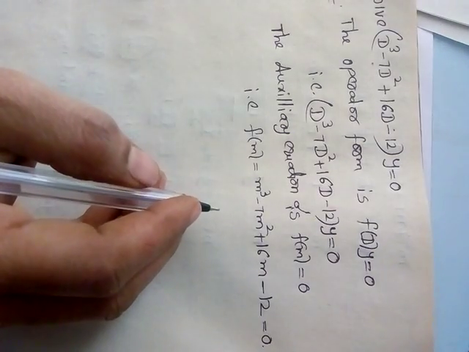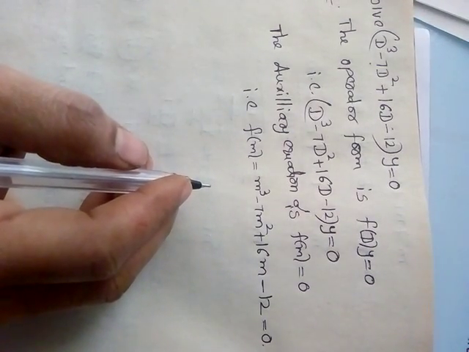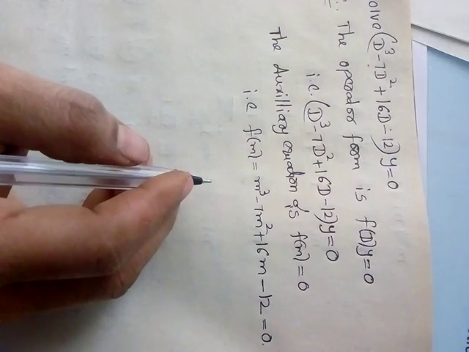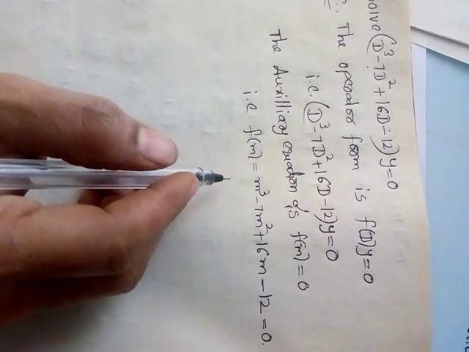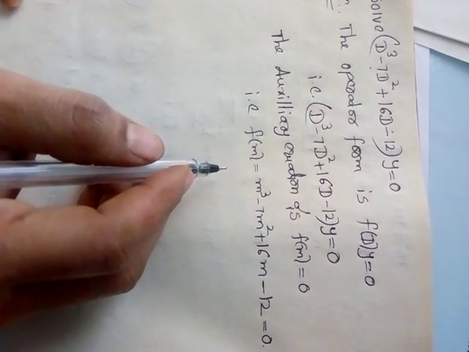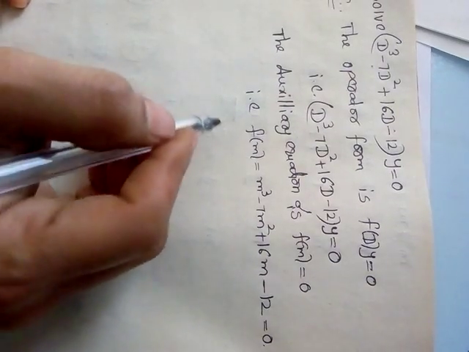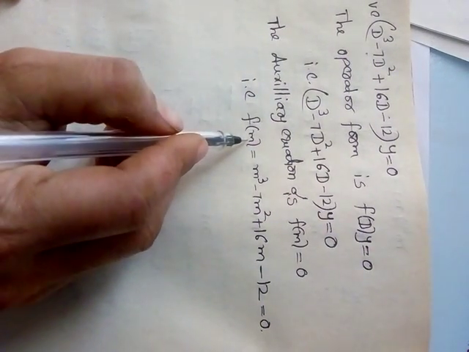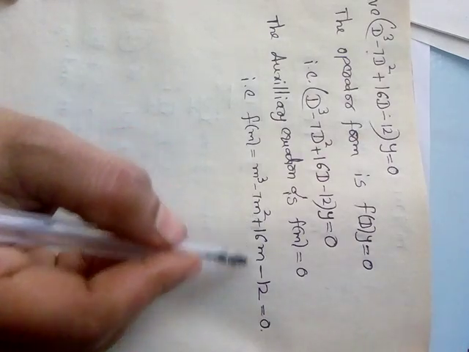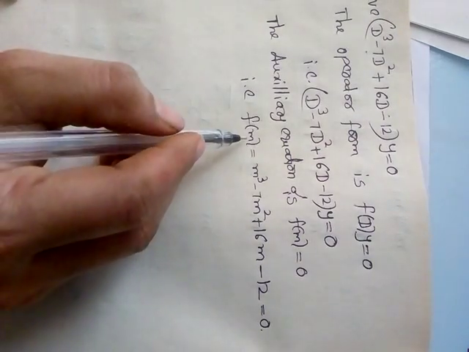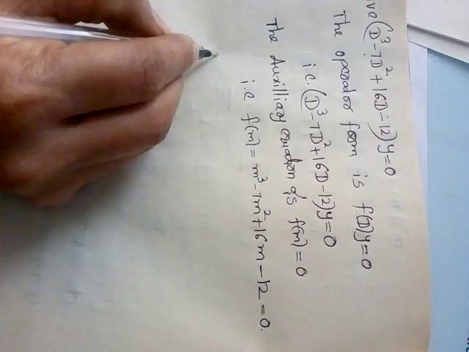This is the auxiliary equation. By solving this equation we get the roots. Now we can observe that whenever this function is equal to 0, for example we are taking m equal